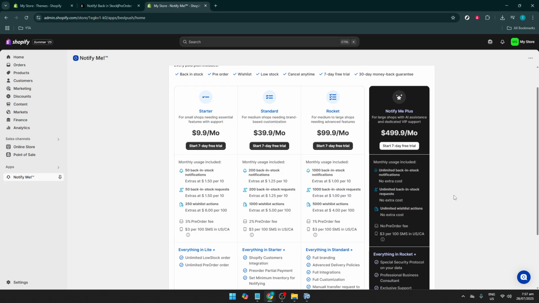Once all of the preliminaries are out of the way, you'll encounter the Activate Now button. Clicking Activate Now is perhaps the most exhilarating part of the entire process. This is where the app officially swings into action, enabling pre-orders on your store. It's essential to make sure that everything is set up perfectly before activation to streamline the process for both you